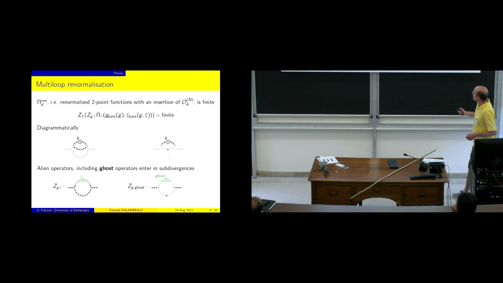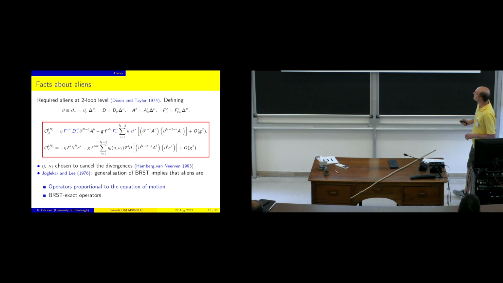And of course, the one-loop case I showed before is not enough, because you can easily find diagrams with an internal ghost line that diverge. So you will also need some ghost vertices that I didn't show before. So the message is that you really want to find your basis of operators and your mixing constants to extract the physical anomalous dimension.